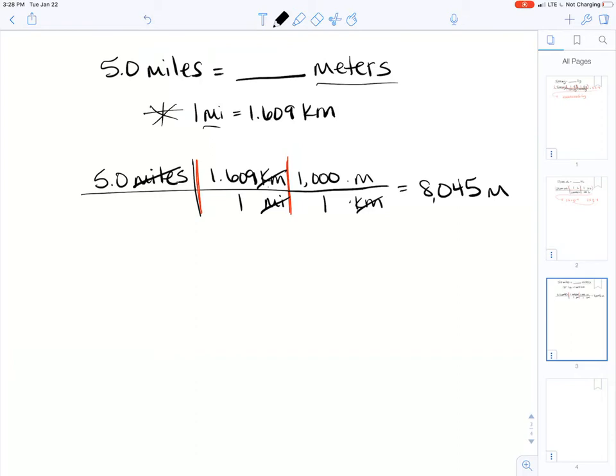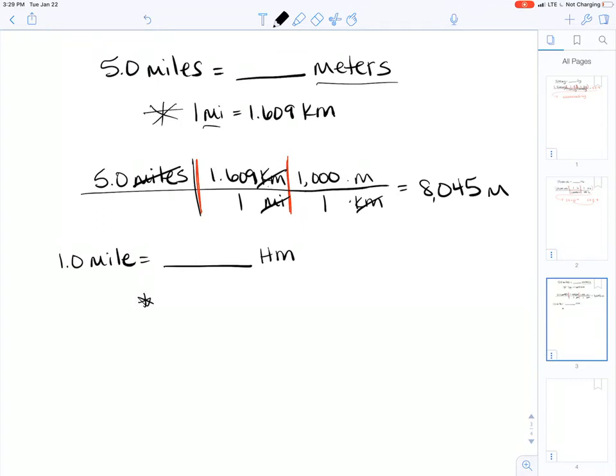All right, one more example here. Let's say that I'm going to do kind of an interesting one. Let's see. Yeah, let's do 1 mile, and I want you to tell me how many hectometers that is. And the conversion factor that I am going to give you